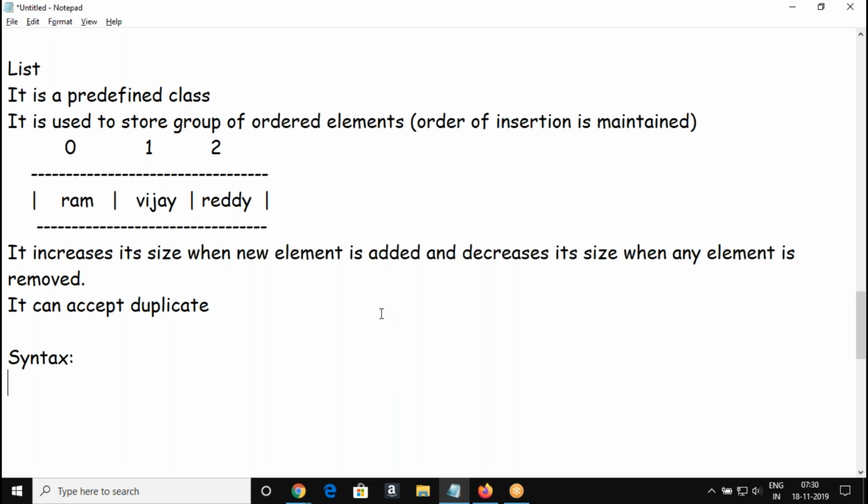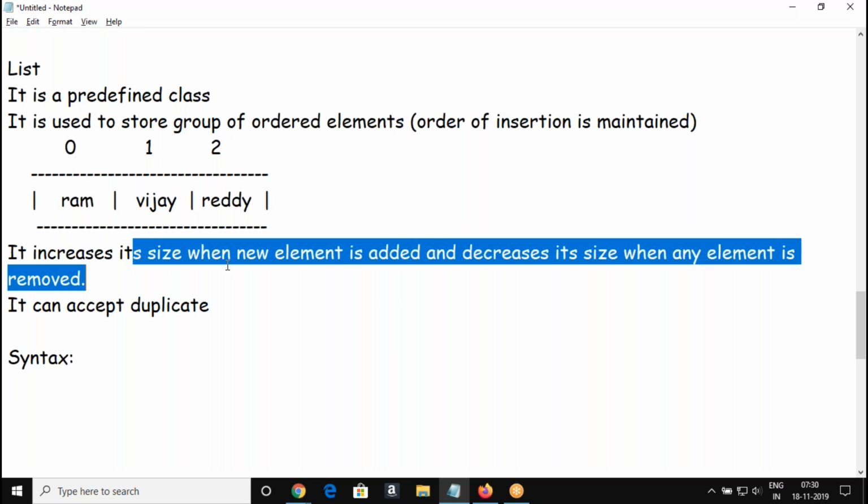The main difference from your array is that the list increases and decreases its size as per the number of elements. When you remove elements, the space is automatically adjusted and memory allocation is reduced. When you add more elements, it will increase the size.